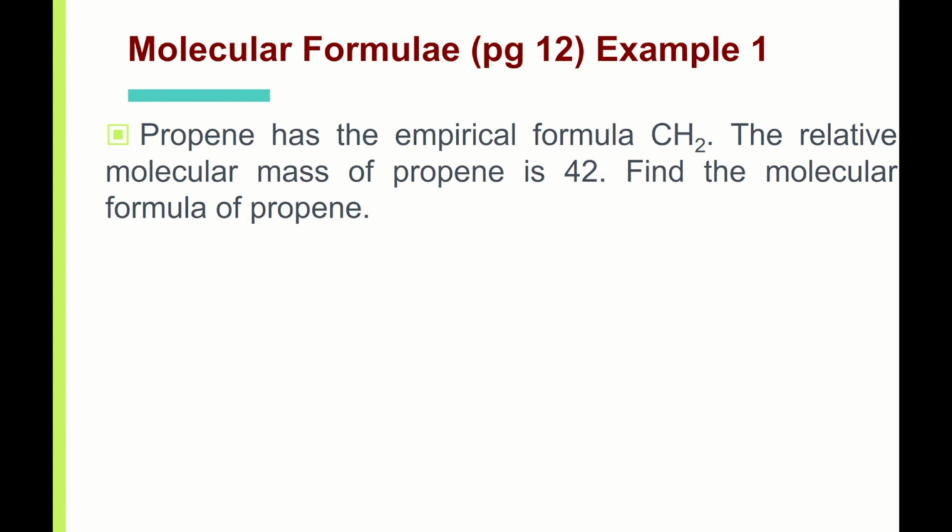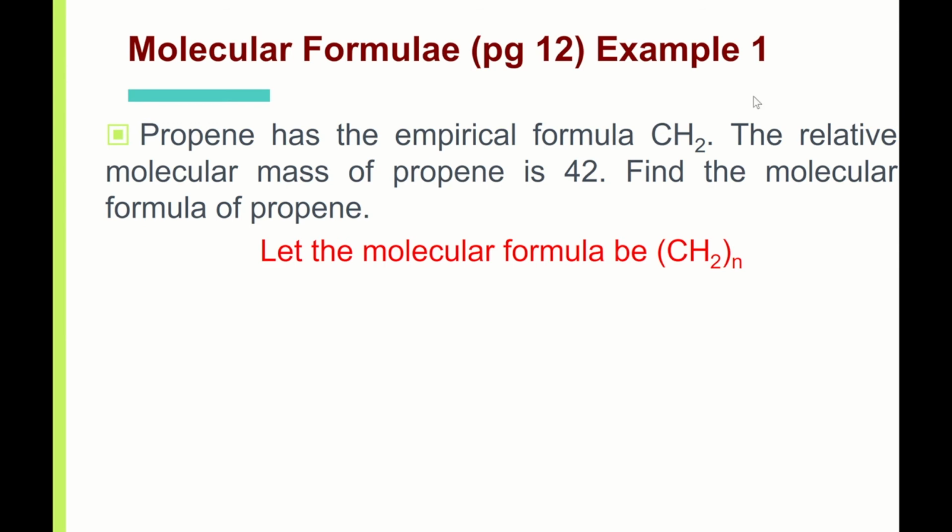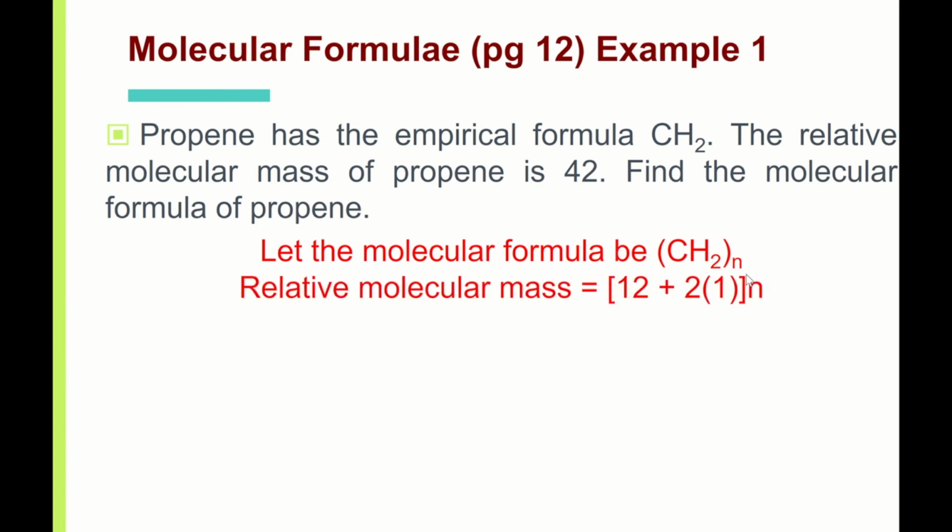I assume that it's CH2, and then I bracket it to form a multiple of n, since I don't know how many times more. The empirical formula CH2 is 12 plus 2, so it's 14. The empirical formula tells me it's 14, but the actual data tells me it's 42. So 42 divided by 14 is a multiple of 3. So the actual formula is